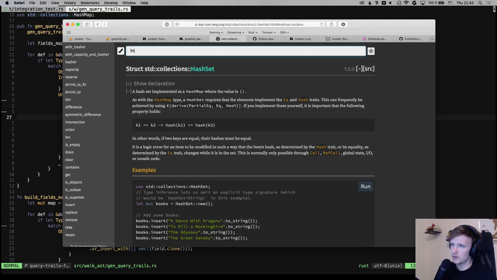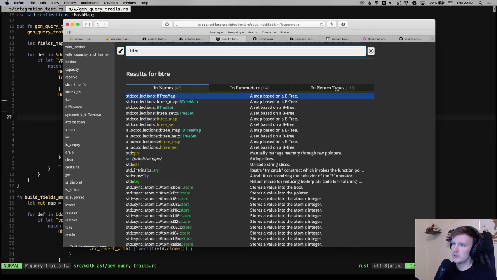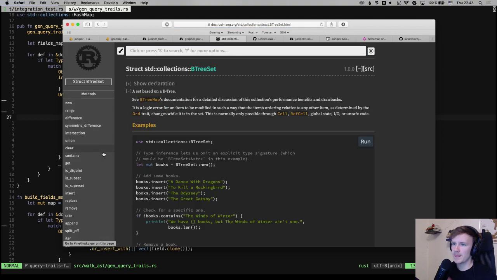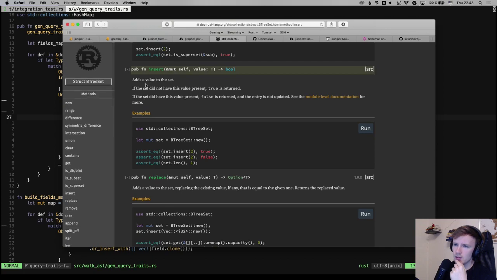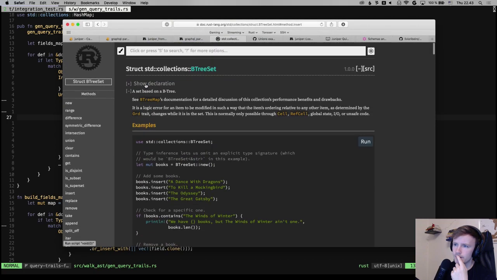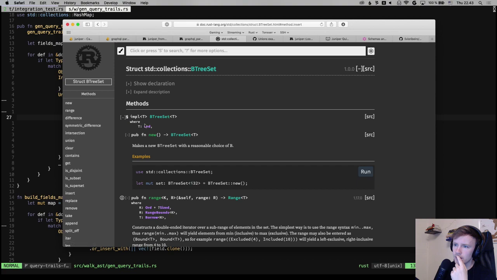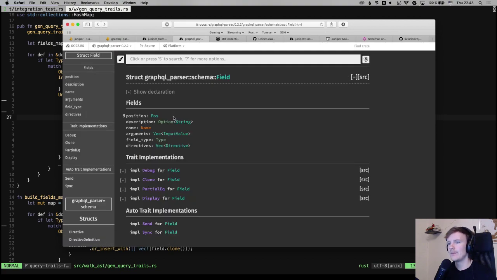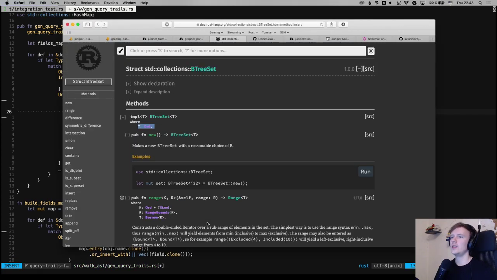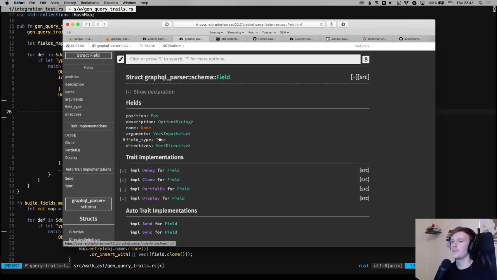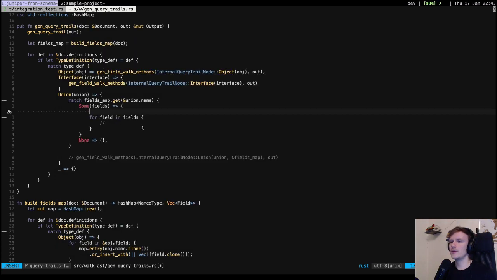If we use a binary tree set, I believe that requires the thing in the set to be Ord, which field is not. So what we need is a vec of the name,